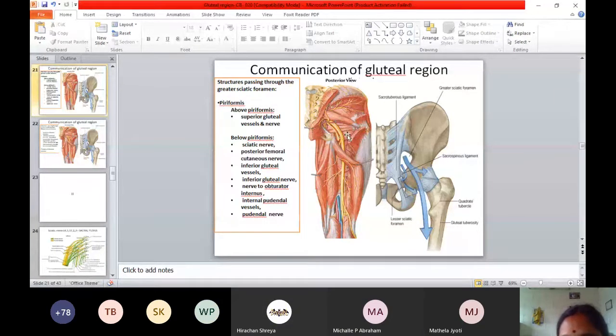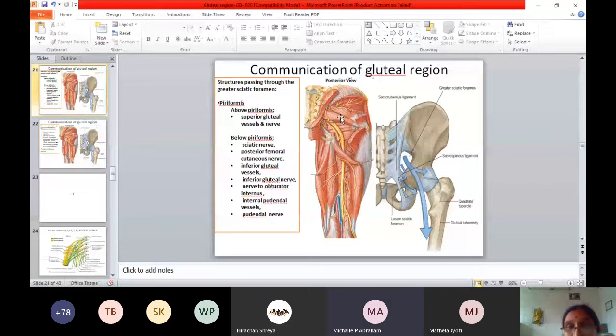One of you said quadratus. This is quadratus. Quadratus means quadrilateral, and it is attached to the femur, so very easy: quadratus femoris. Confident? Yes, ma'am. And why is piriformis known as the key muscle? Because it is very easy to identify, and it divides the nerves and blood vessels into two parts: the upper part, the upper vessels and nerve, passing into the gluteal region, and the lower vessels and nerve. That's why it is regarded as the key muscle of the gluteal region.